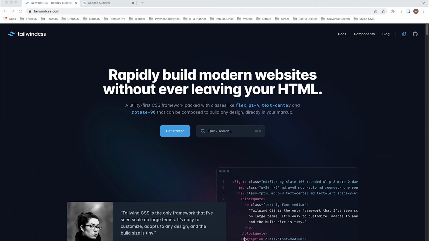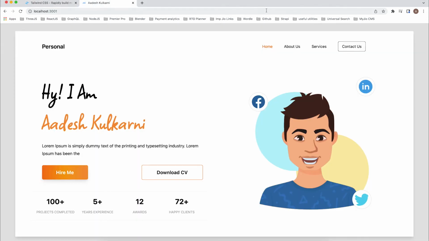Let's have a look at what we are going to build today. So this is a very small portfolio web page. What we have here is a header and a hero component. So the header has on the right hand side some menu items. Then the hero component is divided into two parts. On the left hand side we have certain things. On the right hand side we have